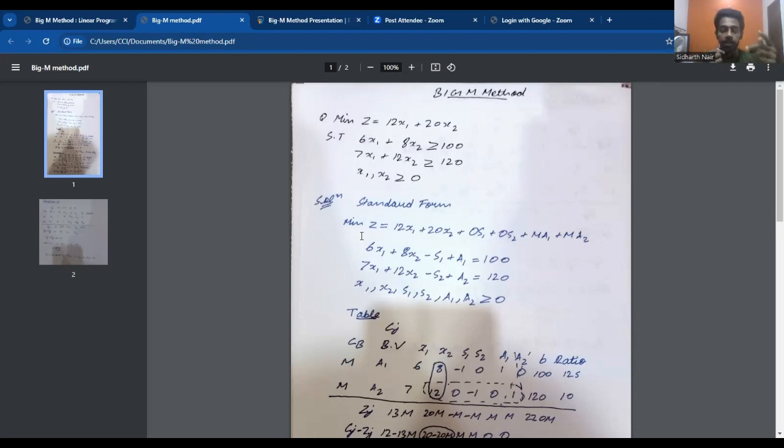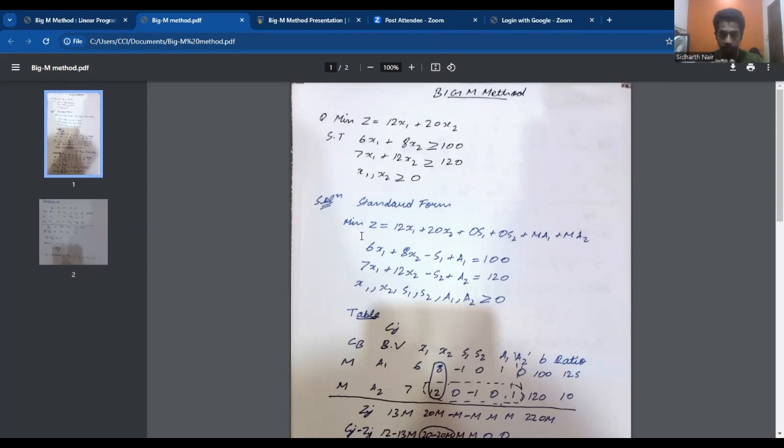Now, since we can see that both the constraints are greater than or equal to, an artificial variable will be used in both these constraints. This is one of the reasons why I chose this example, because there are examples where the constraints are less than or equal to and no artificial variable is used, but that would not help in understanding its use. So here we have subtracted the surplus variable and then added the artificial variable